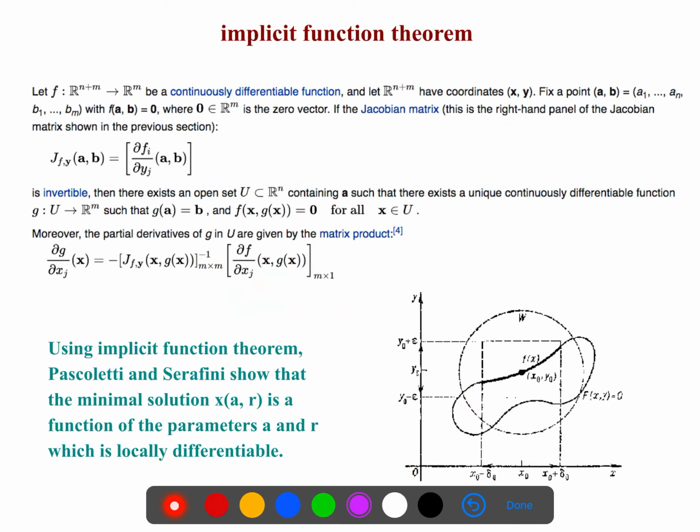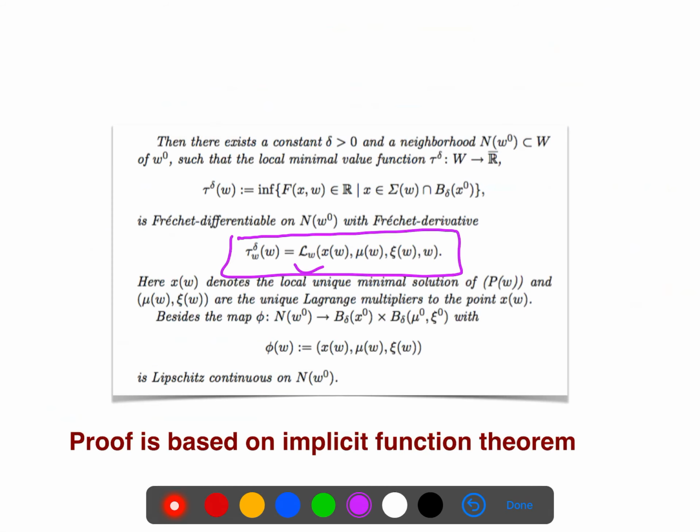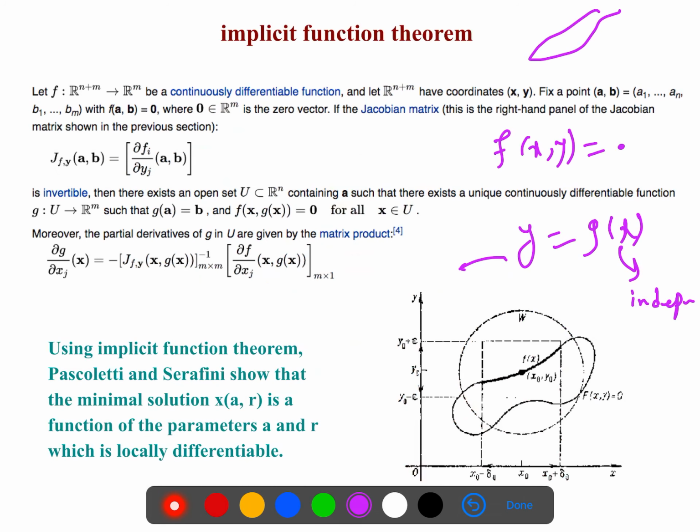It's so interesting because if you have some graph of a function, some graph like this, for example, f of x and y is equal to 0, then you can somehow relate those terms. So you can relate the independent variable x to a dependent variable y. So this theorem has used this proof. You know, the implicit function theorem and all of them